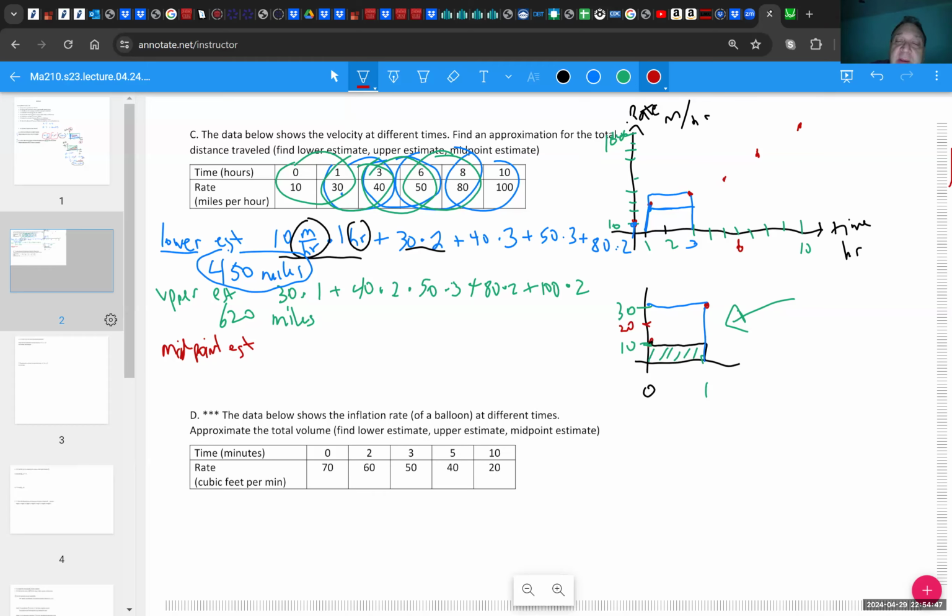What we're really doing is taking the middle of the time interval, so between 0 and 1, and we're trying to estimate the value up here, right? So the value at that interval time of 1/2 is around 20. If we think of this as a gradual increase, I know it may not be, but again, we're just estimating the midpoint. So if we estimate halfway between 0 and 1 that the rate was 20,